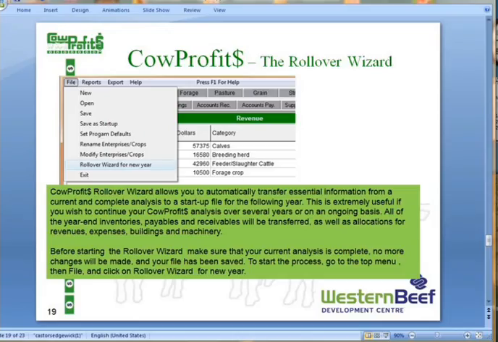Okay, this time we're going to talk about CowProfit's Rollover Wizard. The Rollover Wizard lets you automatically transfer information from your current year into a new year, into a following year. And this is extremely useful if you want to do your CowProfits analysis over several years. All of the year-end inventories, the payables, receivables, they'll all be transferred over, as well as the allocations for revenues,